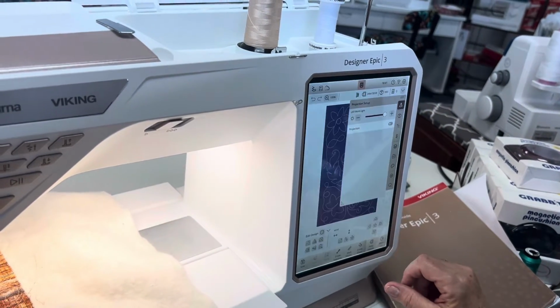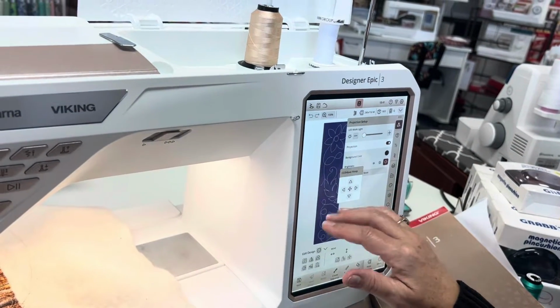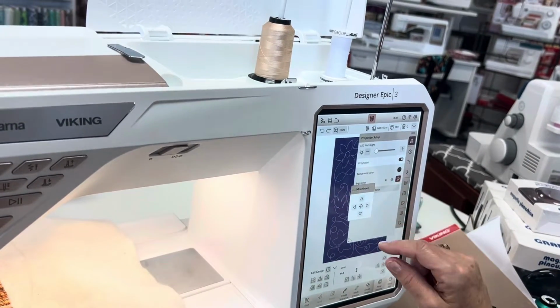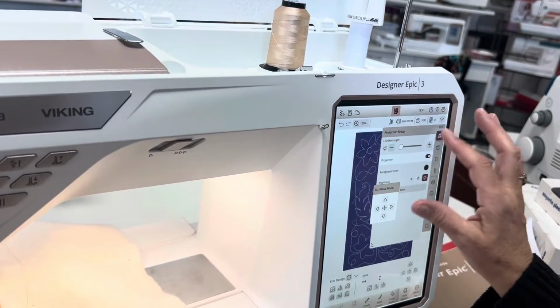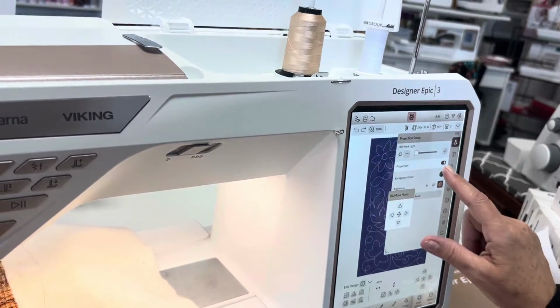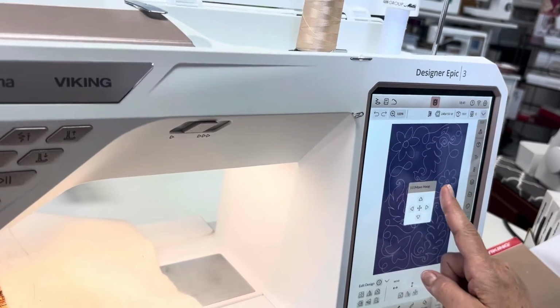Here's my hoop that I'm using today, and it automatically turns my background fabric, my background color I turned to a dark color, so my design will really show up. So my projection is on. I'm going to get that out of the way so you can see. And this is the move